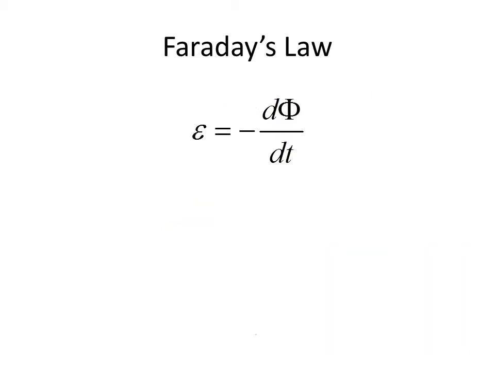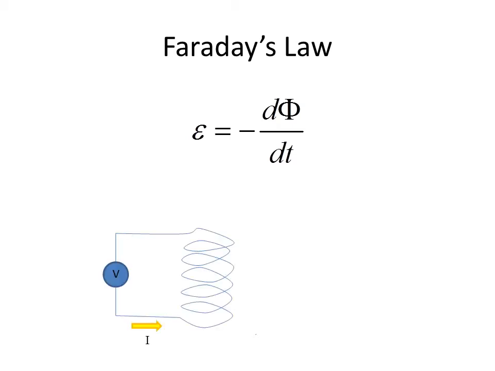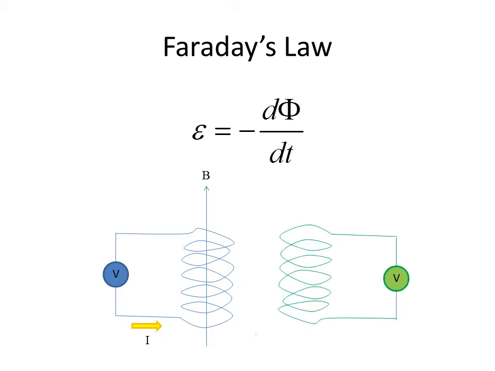Now, let's return to Faraday's law. Let's use an example to help understand what it says. If you put a current through one set of coils that are wound counterclockwise as you go up toward the top of this image, we can use the right-hand rule to determine that a magnetic field will be generated up through the coil. If you put a second set of coils next to it, the magnetic field will go through